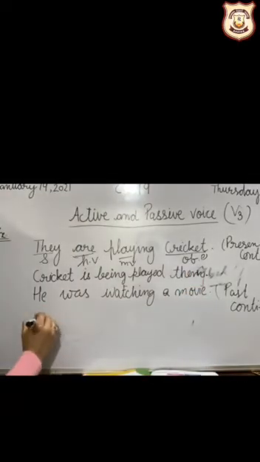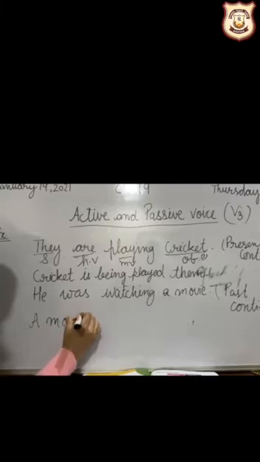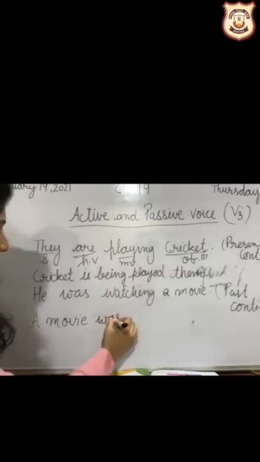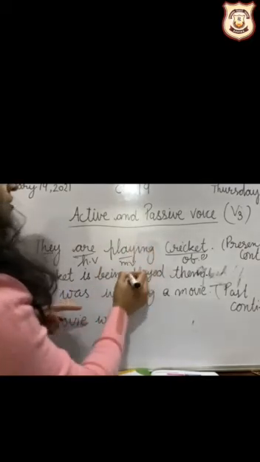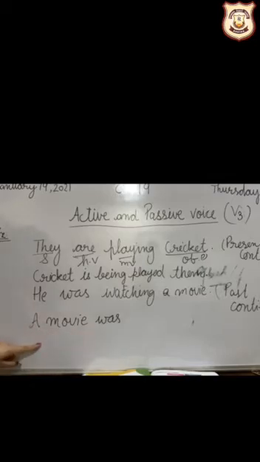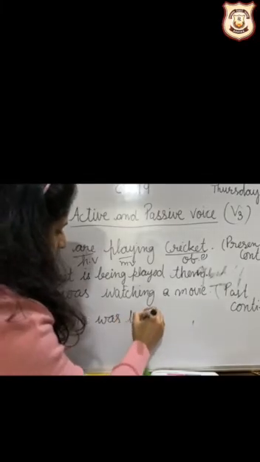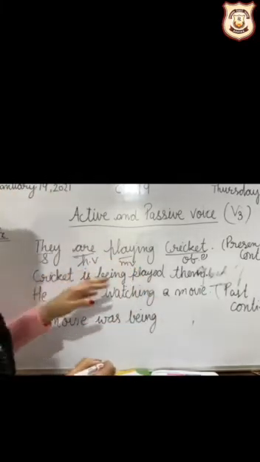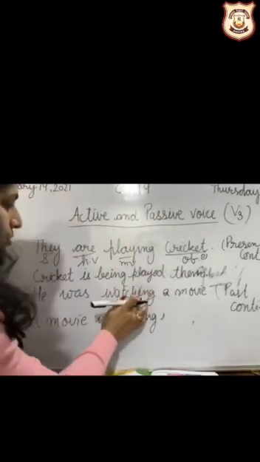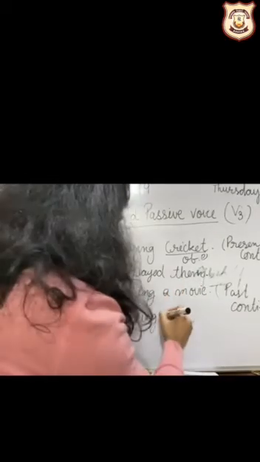Yes, very good. Try. Yes, a movie. So a movie, it is singular. So a movie was being. Remember, whenever there is an ing form, whenever it is a continuous tense, whether it is present continuous or past continuous, when we convert it into passive voice, we use being. So, was being watched. The ing here we have used in being, and now the verb watch we will make into its third form.